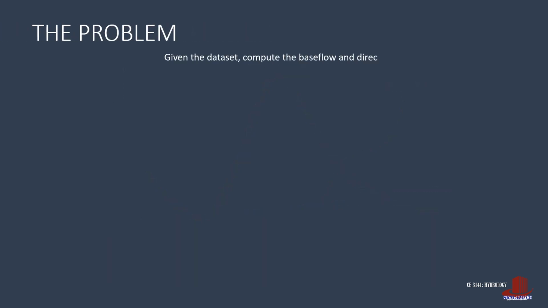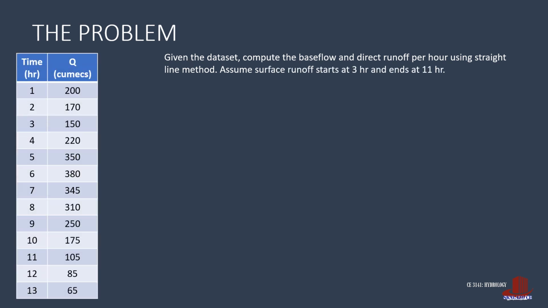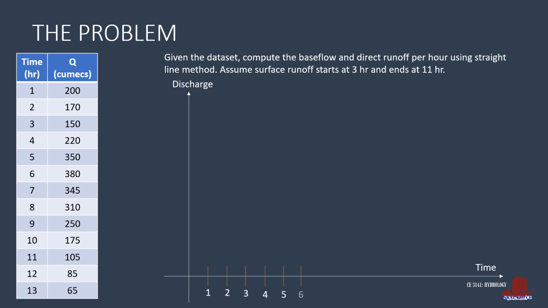Using single line method, let's determine the base flow and direct runoff per hour given a dataset. For this example, we assume the starting and ending points of the runoff are the 3rd and 11th hours. The first thing to do is to draw the hydrograph. With 13 hours covered in the dataset, the x-axis should have at least 13 scales to mark the hours. The y-axis is the discharge, and having the highest value as 380, we work on 400 QMEX with 50 QMEX